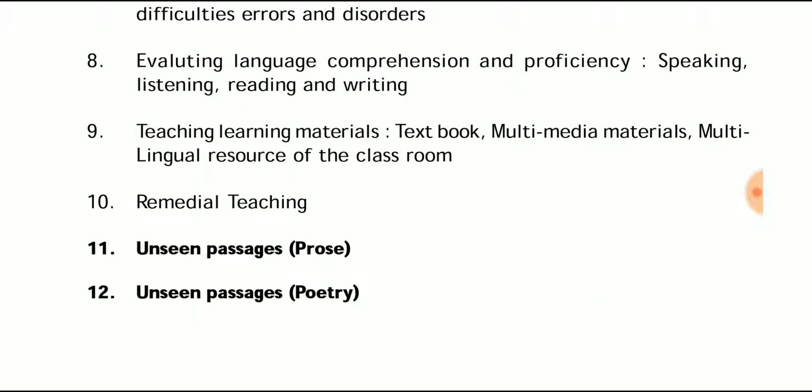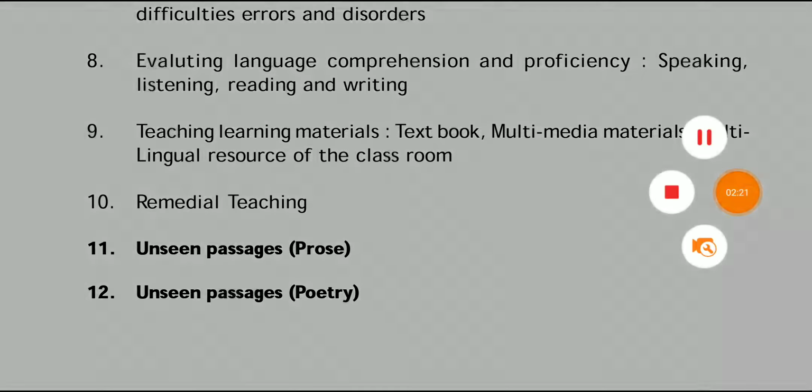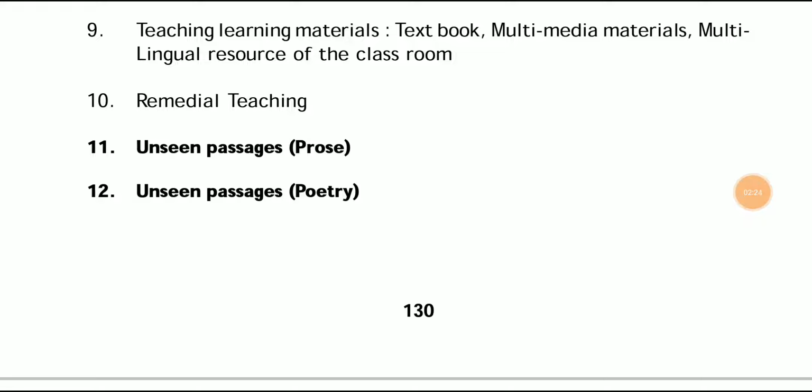And there are two unseen topics given there, that is passage. The passage should be in prose form and poetry form. At that time you just read the passage, whatever it may be, then you can answer depending upon that passage. One passage is in prose form, another one is poetry form. Then let's see